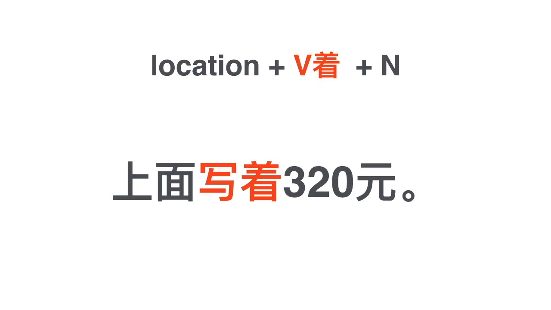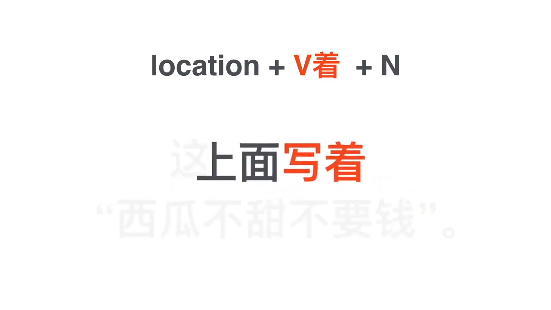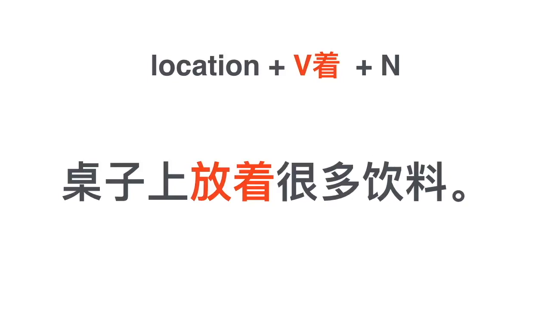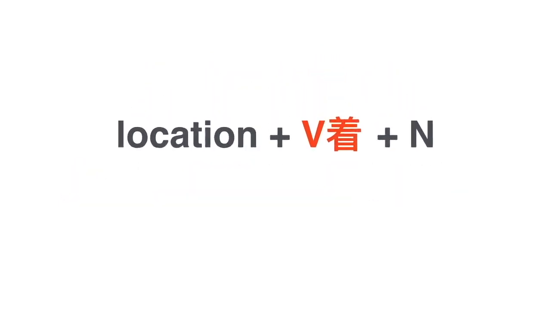上面写着320元。Basically, you just replace 上面有320元 with 上面写着320元。You replace the 有 with 写着。上面写着320元。Another example, instead of saying 这上面有西瓜不甜不要钱, you can use the verb 写着, 这上面写着西瓜不甜不要钱。Another example, the title of the lesson, 桌子上放着很多饮料。